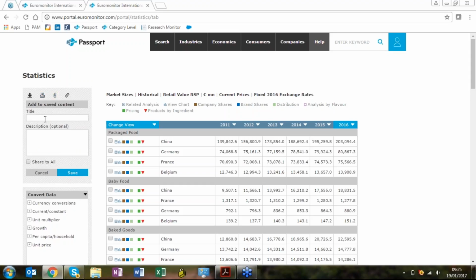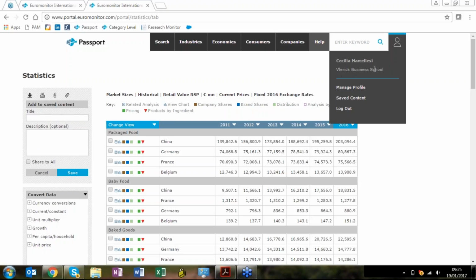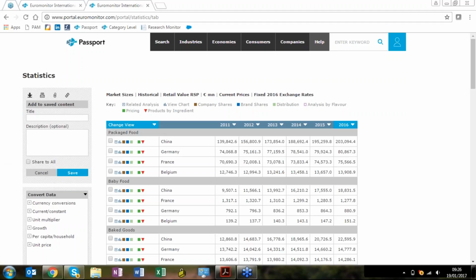And then another part I really like is that, so let me just put this down, there we go. So here I'm under the Vlerick account. You can see I've got Cecilia Martinez at Vlerick Business School. So this is the database that you have access to. And you have the possibility to create an account. When you create an account, instead of manage profile and save content, it should say register. When you register, you're able to save your statistics, reports and research, which enables you to access them later and saves you time in redoing that research, especially if it's complicated research with different industries and different countries. Right now, for example, you can type any title, you can type a description should you want to,